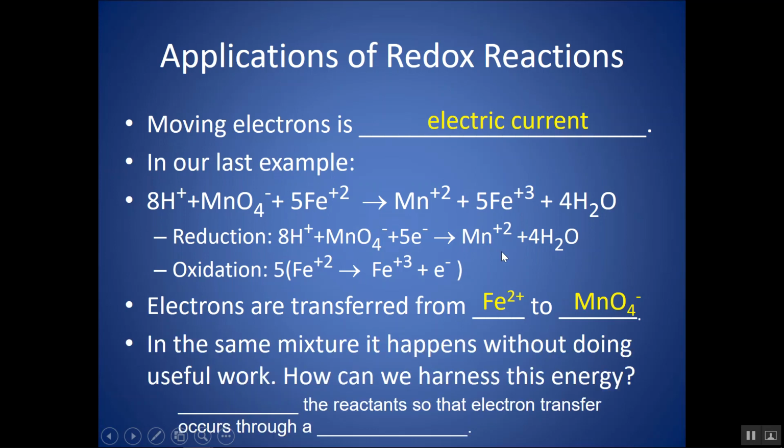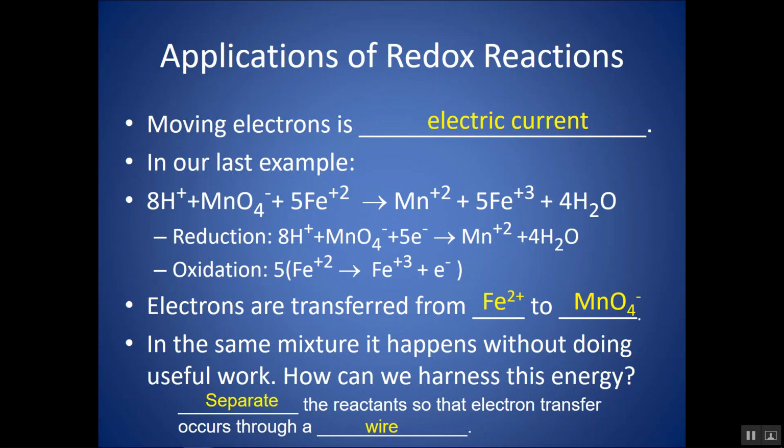So if this were to happen in the same beaker, let's say, in the same container, the electrons would just immediately transfer from what's oxidized to what's reduced without really doing any kind of meaningful work. But how can we actually harness this energy? How can we create this flow of electrons that can be used as electricity and do useful work, like a battery? We can actually separate the reactants so that the electron transfer is forced to happen through a wire, so that you have these electrons flowing through a wire. You have this electric current,